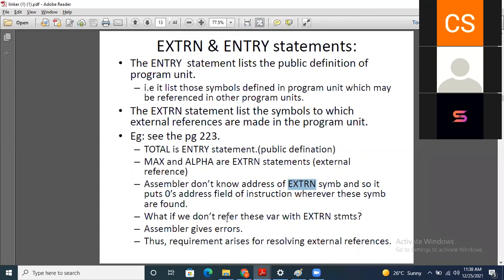And suppose we don't find any external symbol with an external statement, then in that case the assembler will give an error.